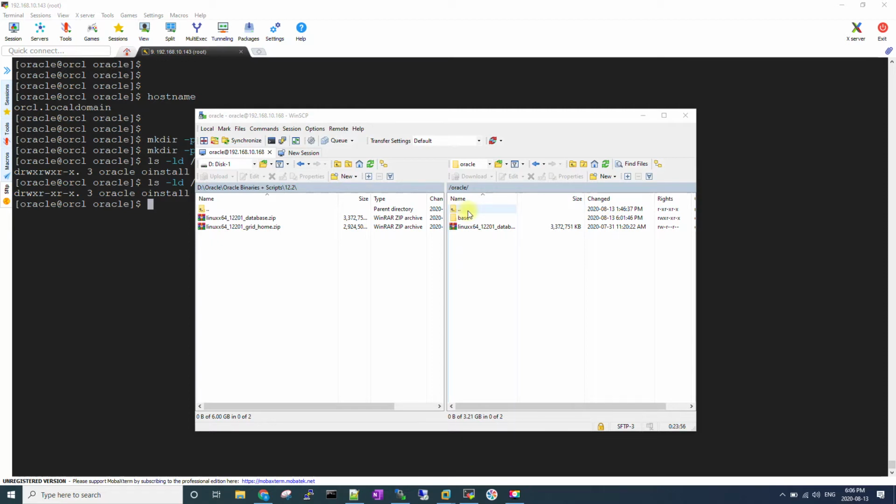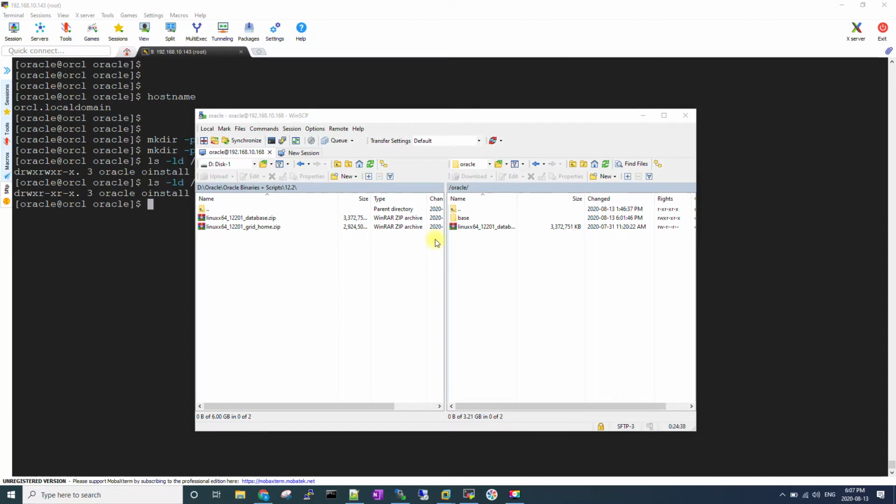So bear in mind one thing. In 12c R2, when you extract, so let's say if you have ever installed 11g R2, you must have felt that there used to be two files. When you extracted it, it would have converted into a folder that was database, right? Now in 12c release 1 and release 2, there is the same type of method where you extract one file rather than two files, but it will be extracted to the database folder. But in 19c everything is changed.